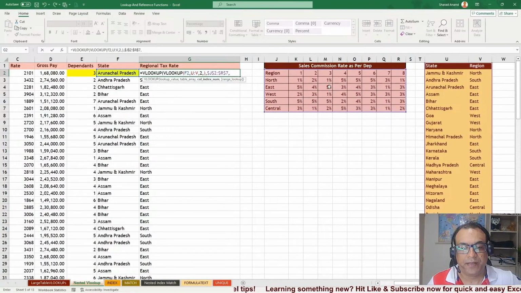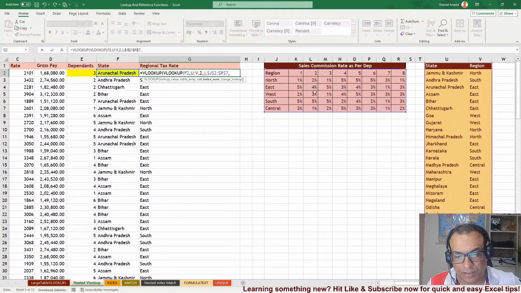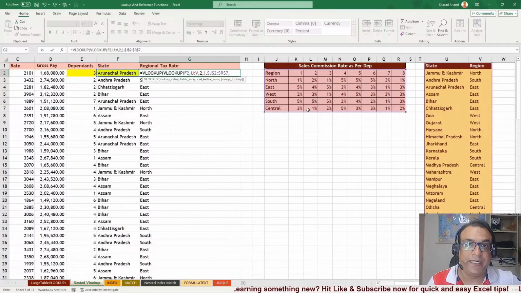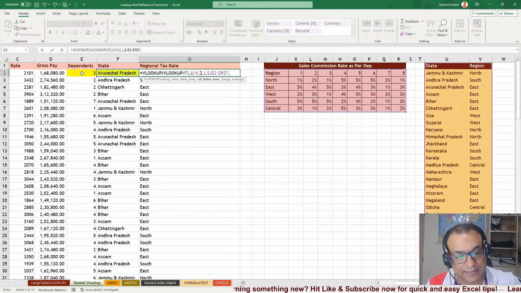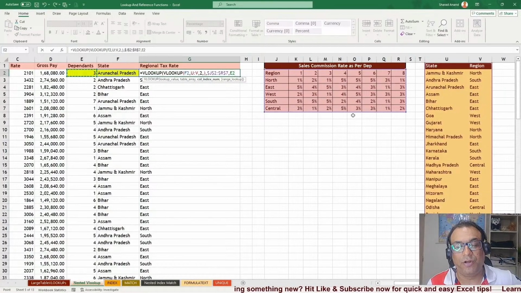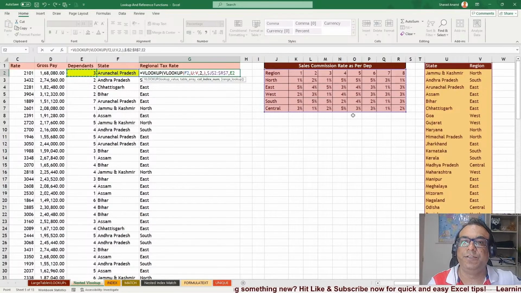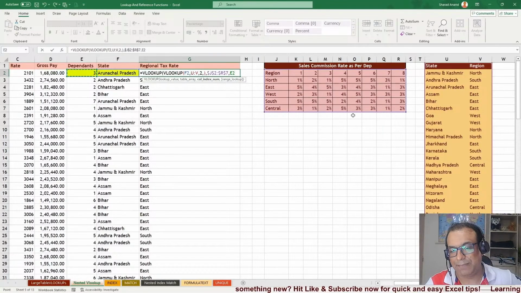So column number 3 depends on the number of dependents you have. If I use this one in here, you would say column number 2. So 2 has my answer. So depending upon how many dependents you have, my dependents is 3. So column index number. Now for the index number, you can type 3 in some other cell and you can refer to it,